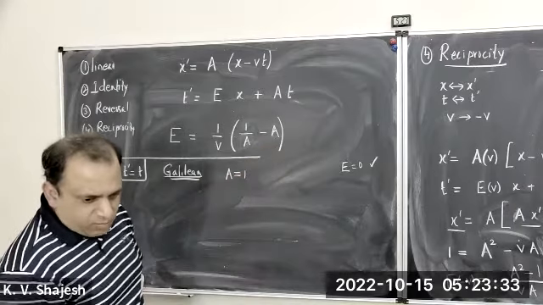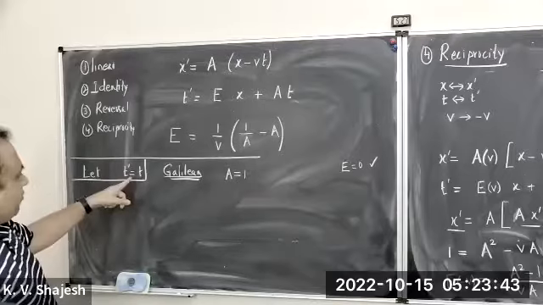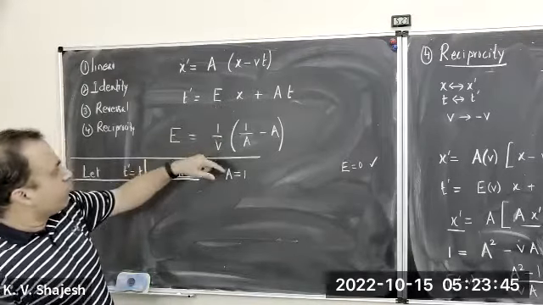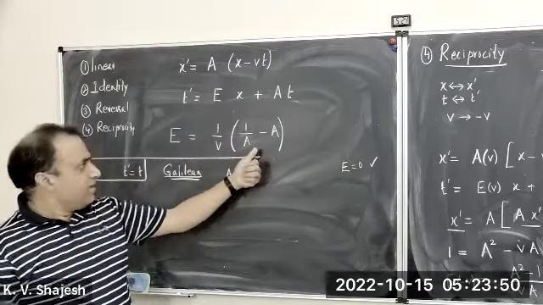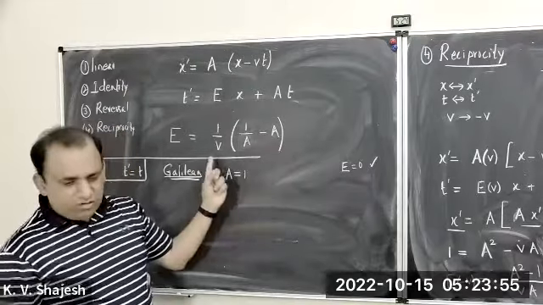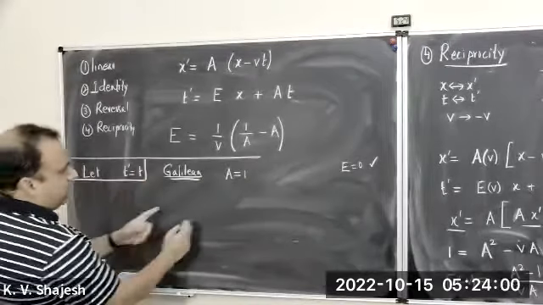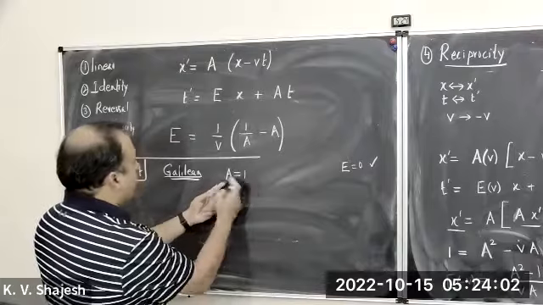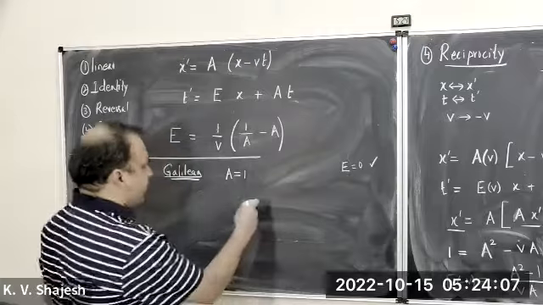Right, so that comes out to be equal to 0. Is that clear what I mean? If your T prime equation, if your E is not 0, then T prime will not be equal to T. But remember, E is also equal to this. If I set A equal to 1, then this is 0. So I'm saying, to get this T prime equal to T, which is what I want, I can choose A equal to 1 and I immediately get E equal to 0. So this is not additional.